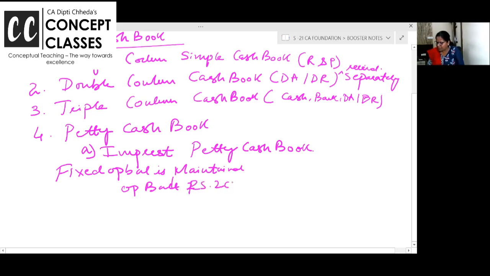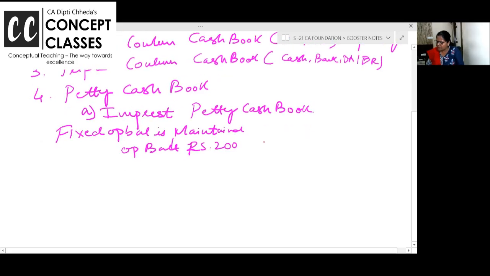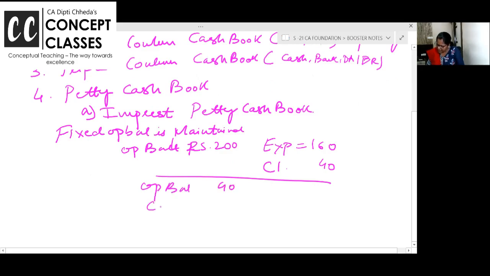Opening balance is say rupees 200. Now suppose you have spent 160. Closing is again 40. So naturally opening is 40. Again I'll give you cash 160. Again you will have 200. So in imprest, every month you start with a fixed